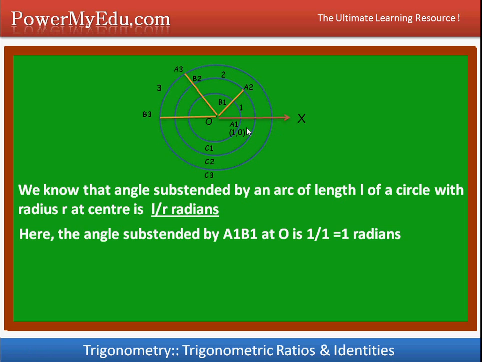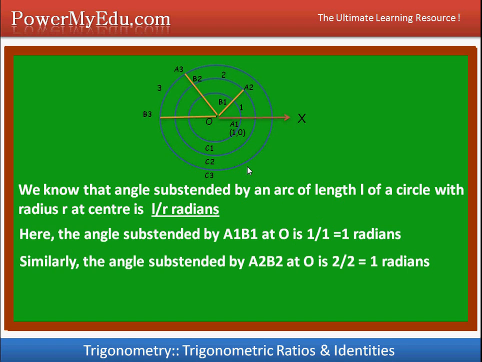The angle subtended by A1B1 is its length divided by the radius, which is 1 radian. Again similarly, for A2B2 the length is 2 divided by the radius of